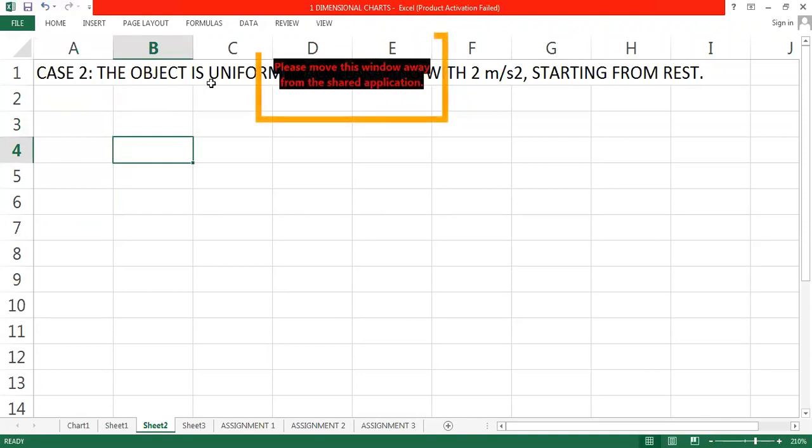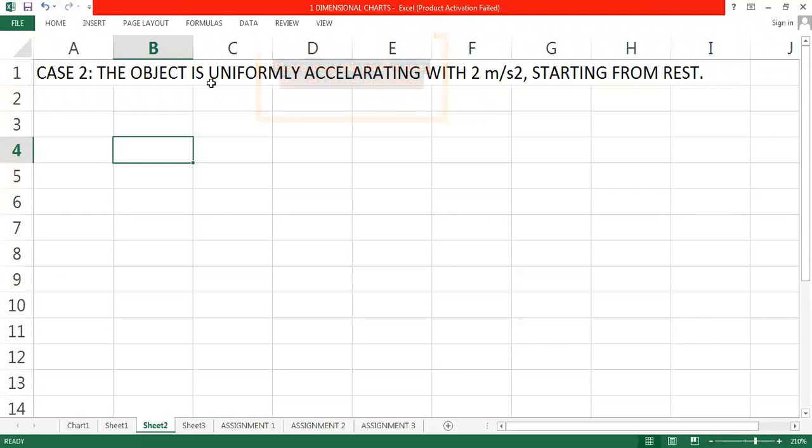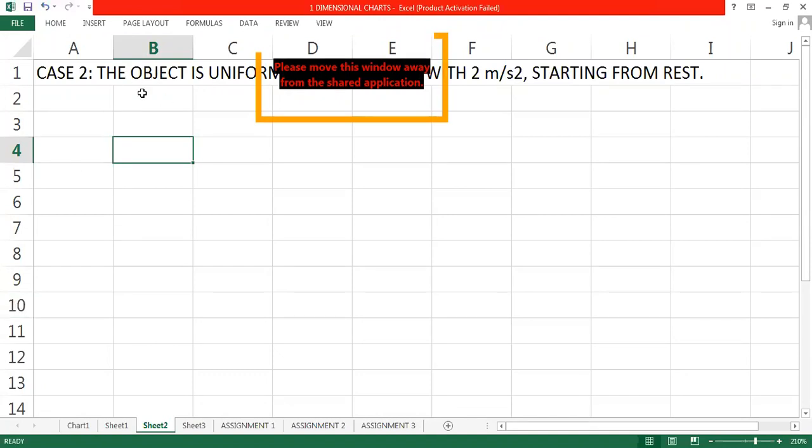Now, is the object moving? Yes, beta Vidula. On the new graph, you have to draw this. Okay. So, the case 2 should be on the new graph. It says that the object is uniformly accelerating. So, here there is an acceleration in the motion. And what is the magnitude of acceleration? 2 meter per second square. But the object is starting from rest and then it is accelerating. And how long is going to accelerate? Is going to accelerate for 5 seconds. Okay. So this is our case 2.